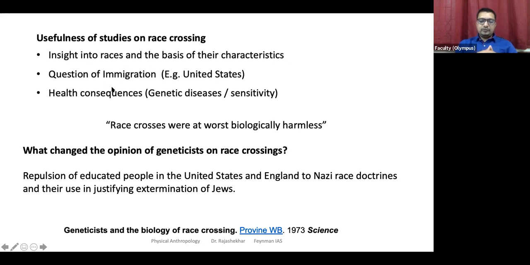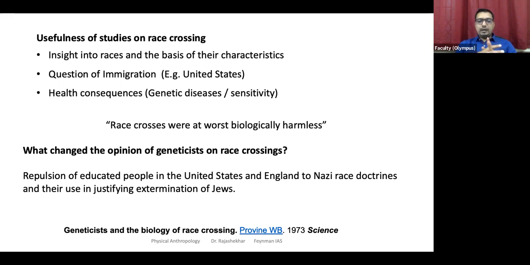And even in the US, for example, the studies are used for immigration, for defining who we should allow, who we should not allow, who are more suitable. So for immigration laws also, in the US especially, these race crossing studies are used. Wherever there is a connection, right? Understanding the biological basis of it can be used in defining immigration and also to understand the health consequences. I was telling you about the genetic consequences that race crossing can result in. If a person with so-and-so disease is married to someone like this, they can provide insight related to the health consequences.